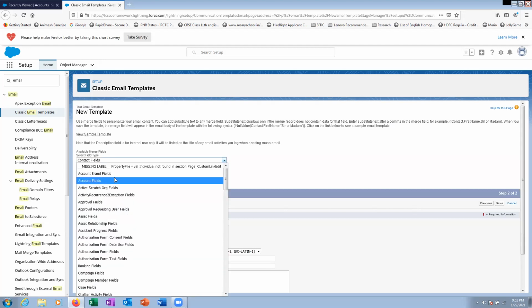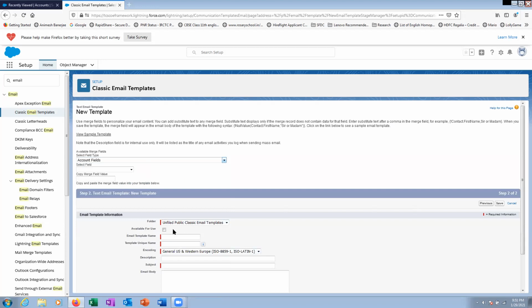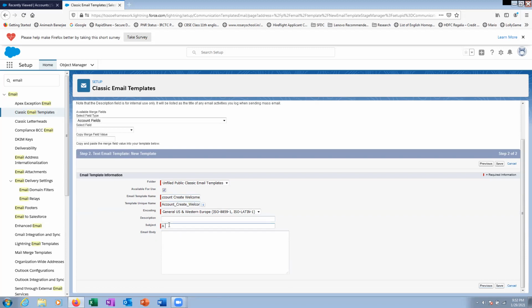What I want to do is add some account fields when I send this email. My email is account create welcome. Subject will be a new account is created. Email body: hi, a new account, where I will add the field. Maybe I will add the account field. You see, it creates a merge field for me. Merge fields are smart tags, which I can use now. I will copy this. Is created now,